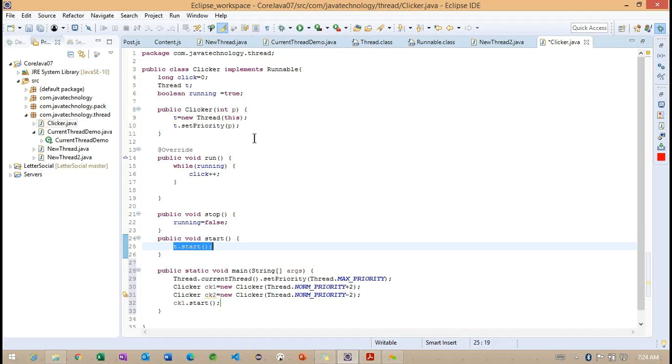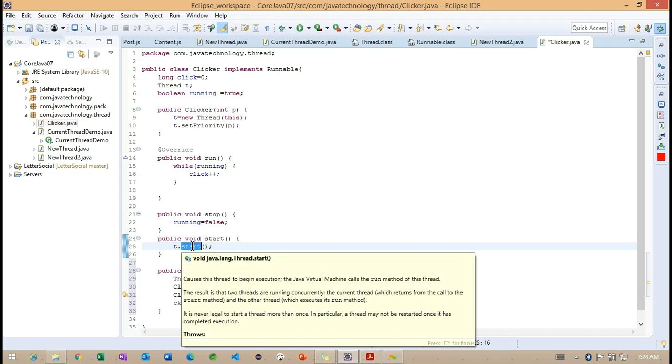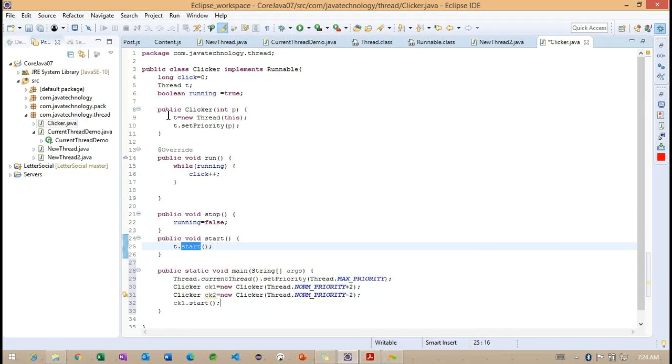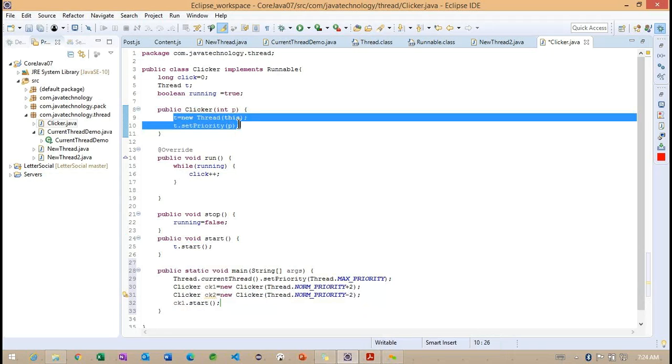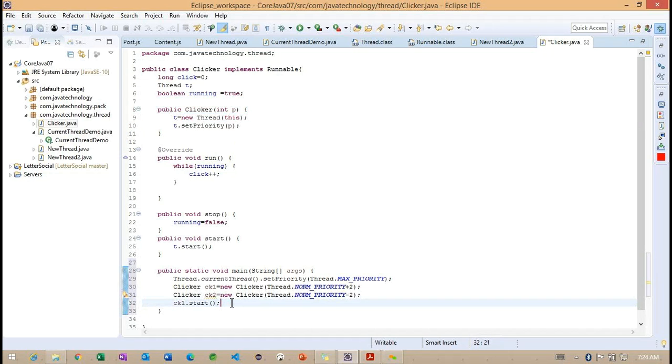But as long as we do not call the start method, the thread is not going to start at all. The thread is just created, but it is not started. Getting the point? I will explain some of the states available in the thread example. Basically, ck2.start. Right.